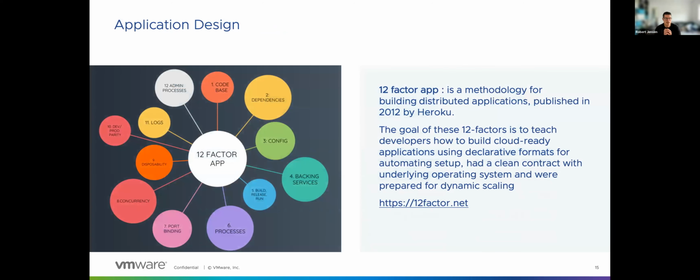So application design. The application design I want to talk about is one that's called the 12-factor app. It's kind of the de facto standard for how you build cloud native applications. It was created in 2012 by Heroku, and the focus is how you can build cloud native web applications. And you will see some of the choices here are definitely made with a web application in mind,